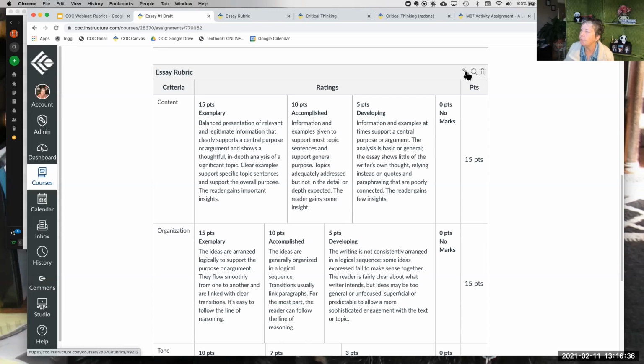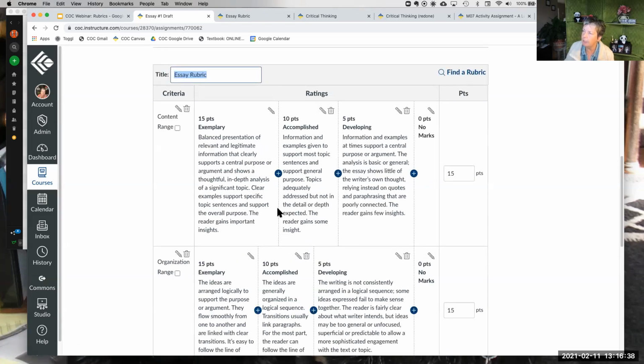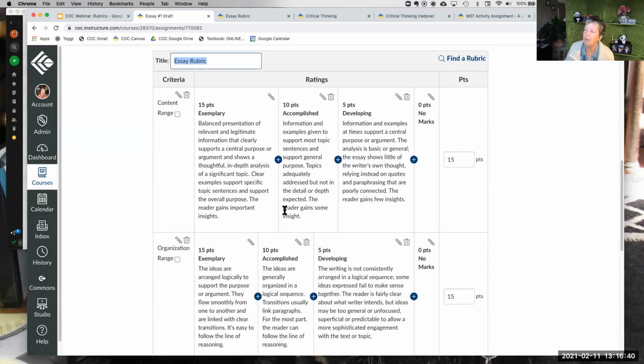Let me show you one more thing about edit, and then I have a very important alert to talk to you about. Canvas allows you to do static points, or you can do a range. Really depends on your style and what you're trying to accomplish. I often find that even though maybe they got exemplary, there was a little something off that I want to comment on.